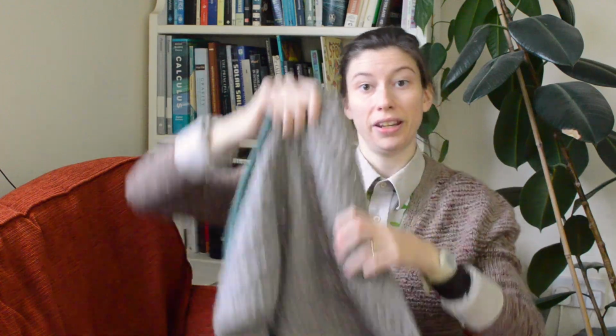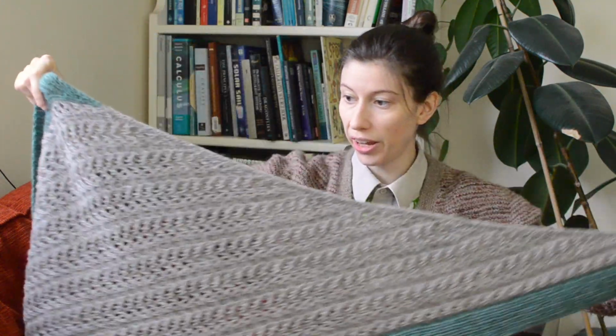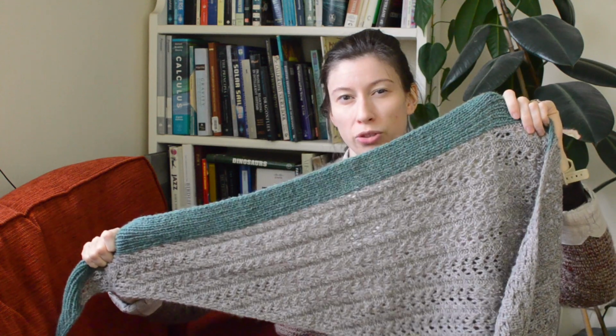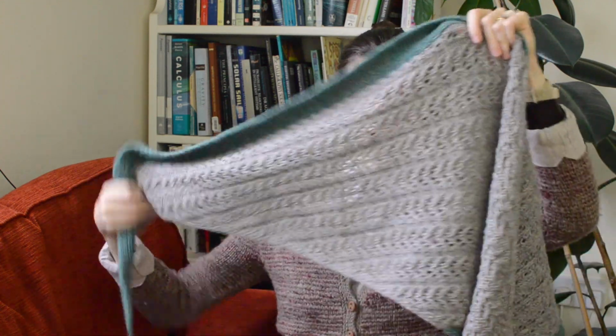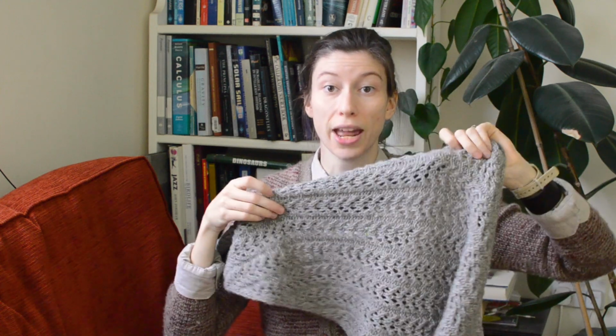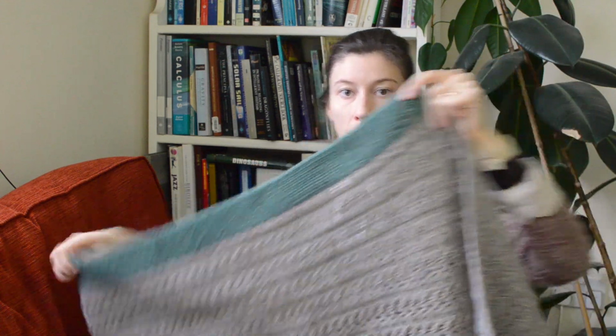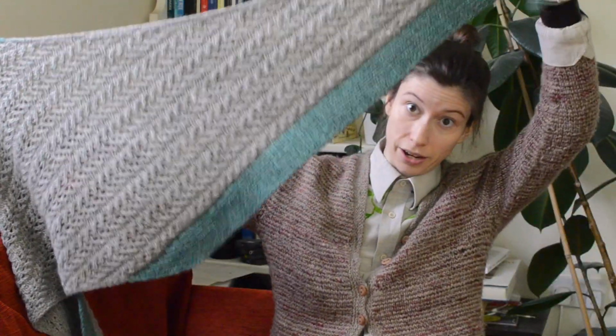And the next one I want to show you in the same yarn is my Frostbeam shawl. This is knit in Mendip DK, my local lamb's wool yarn. It's woolen spun, so it's nice and bouncy. And the main colour on here is sheep, which is the natural grey, so that's not dyed. And then the borders are teal, which is obviously a dyed colour. And the pattern's been out for a while. It was published in Making Stories issue 4 last year,